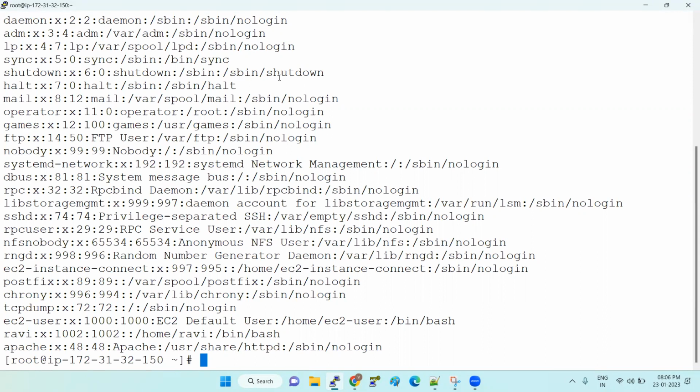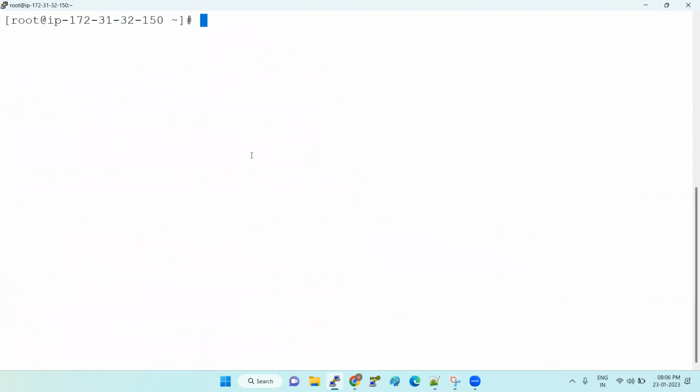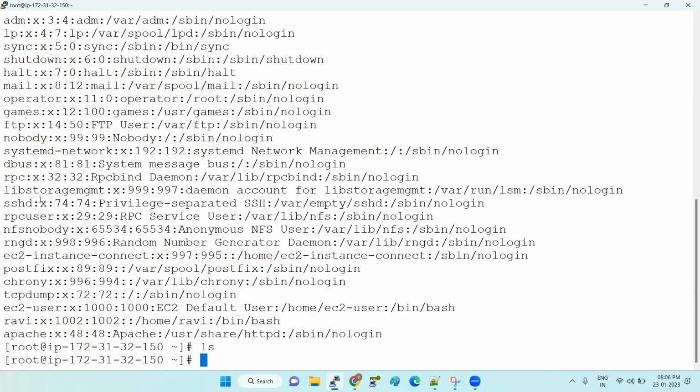But if you want to filter based upon the common symbols, the common thing here is the colon symbol. From this symbol, we need to get some data. So for that, what can we do? We can apply